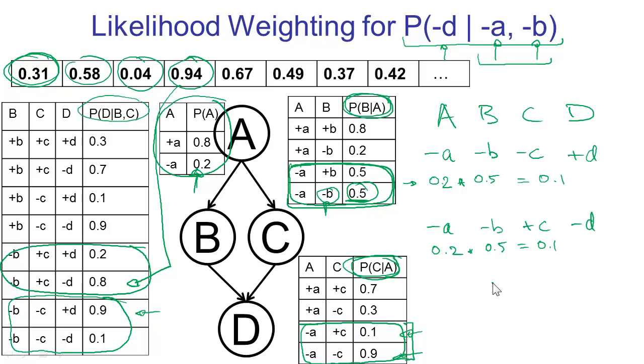And we'll keep working through the same procedure to generate however many samples we'd like to generate. One question you might have is, how many samples should we generate? When you do likelihood weighting, well,